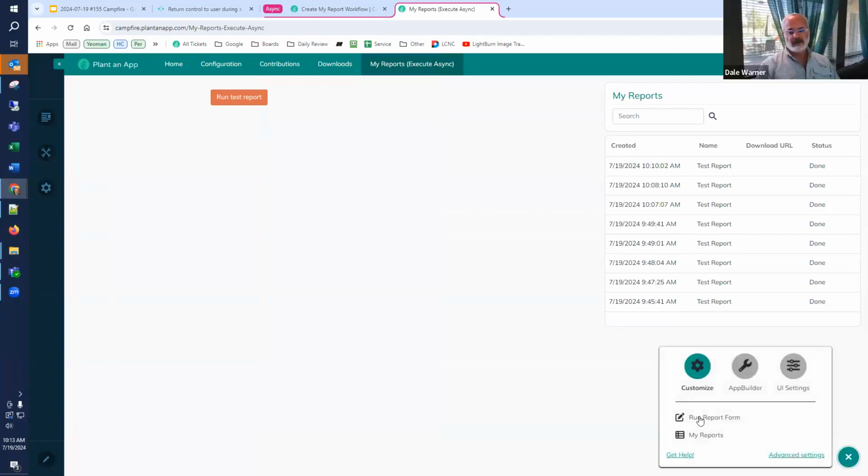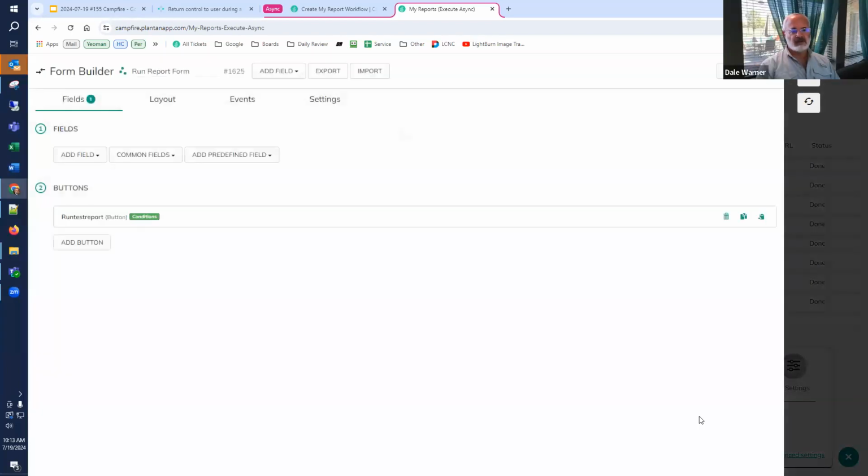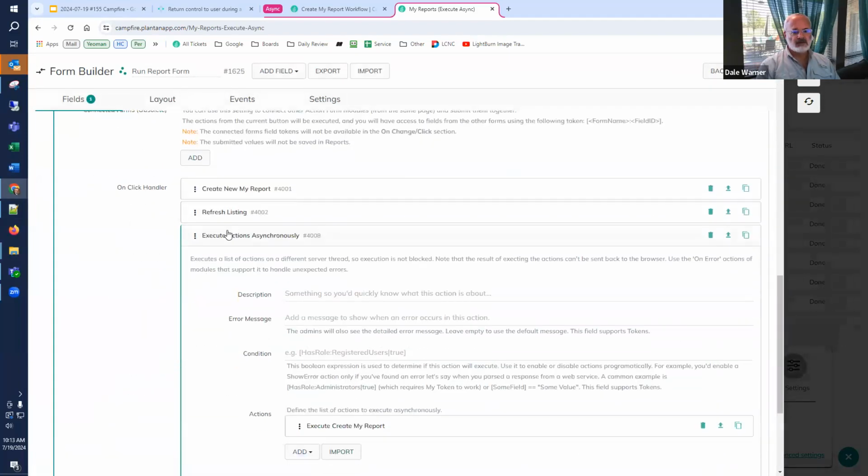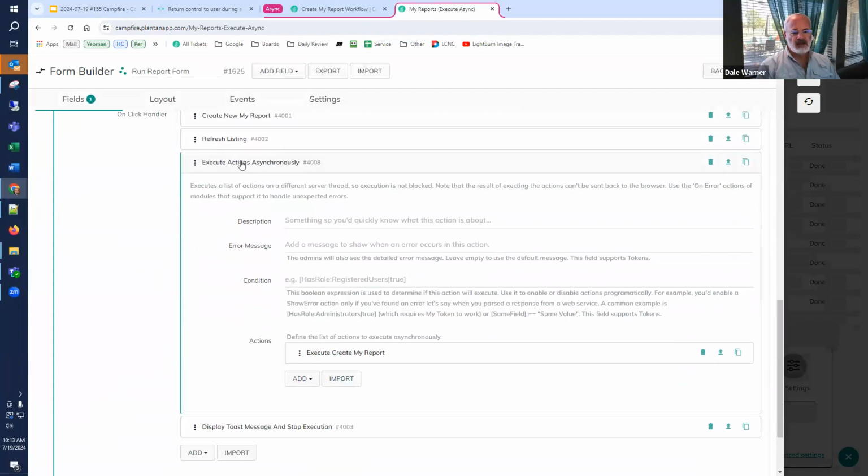Well, it does everything except get it delivered to the user. Right. So everything that's in this execute asynchronously action, and you can put as much as you want in here, is completely disconnected from your user. So a redirect, if you put it in here, will have no impact on the user.